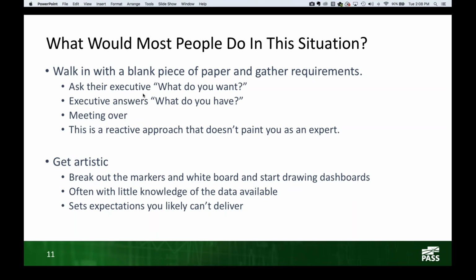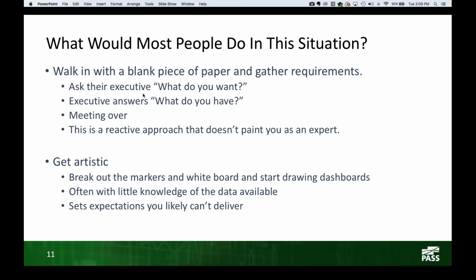So basically they show up with a blank piece of paper, like I did for however many years, and say, okay, so you want some dashboards? What do you want? And they get ready to write requirements. We'd call that requirement gathering. And then the executive usually answers and says, okay, well then what do you have? And then from there you usually get into some sort of tool demo or something of that nature. But basically the meeting's over.